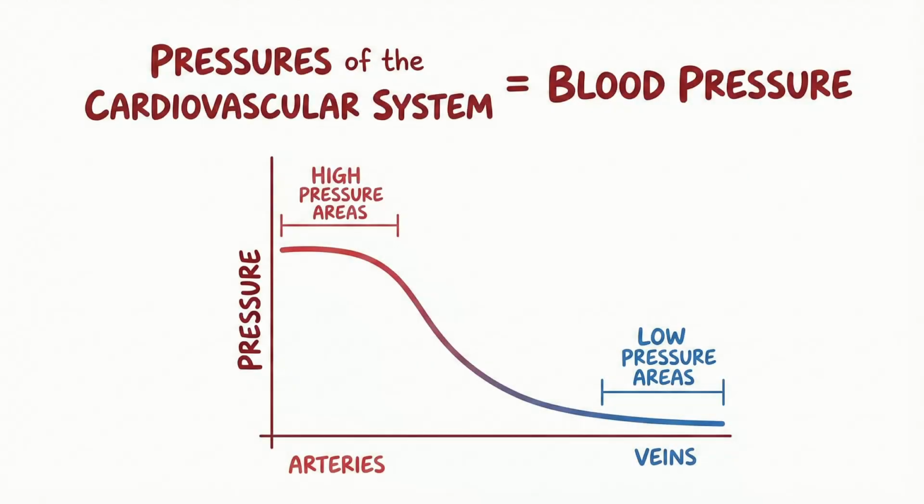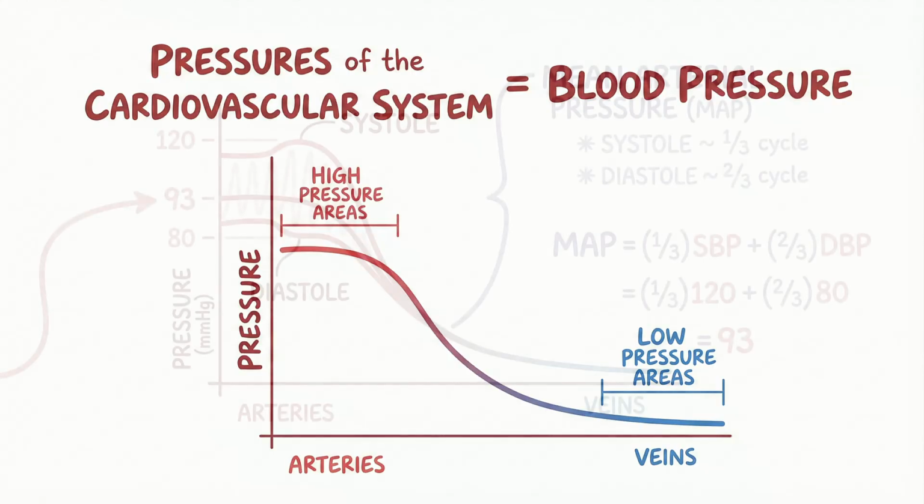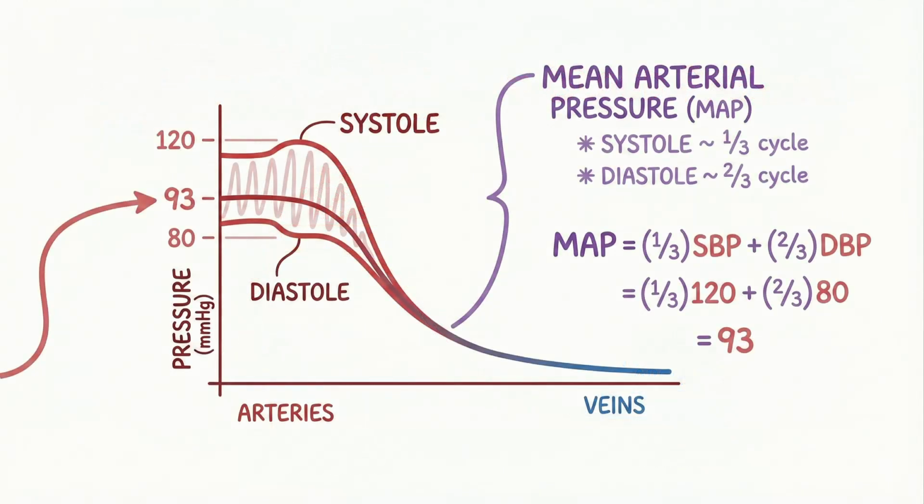When we talk about pressures in the cardiovascular system, we're talking about blood pressures. Pressures in different parts of the cardiovascular system aren't equal, and these differences in pressures keep the blood moving from high-pressure areas leaving the heart, like the arteries, to low-pressure areas, like the veins. Actually, the pressure curve looks a little more like this and fluctuates in the arteries depending on part of the